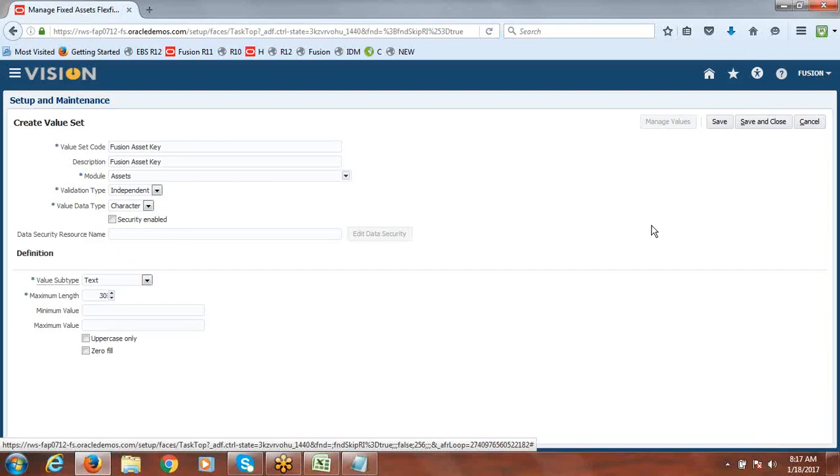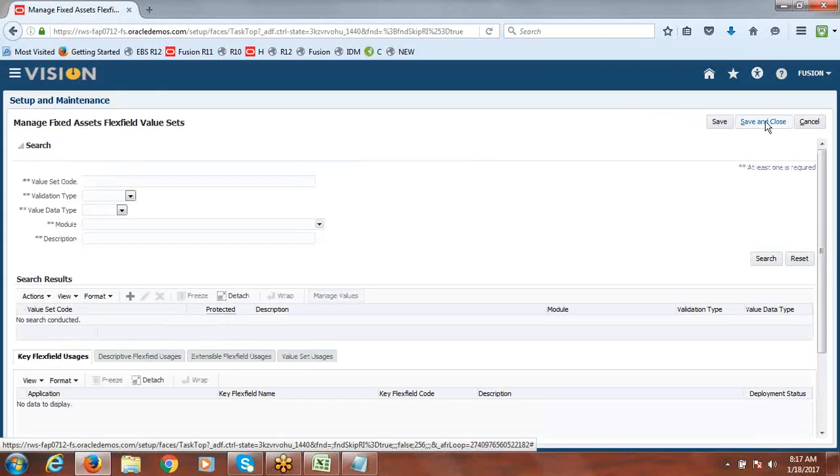Set 30 issues. Value set we created. Now we'll go and create the structure.